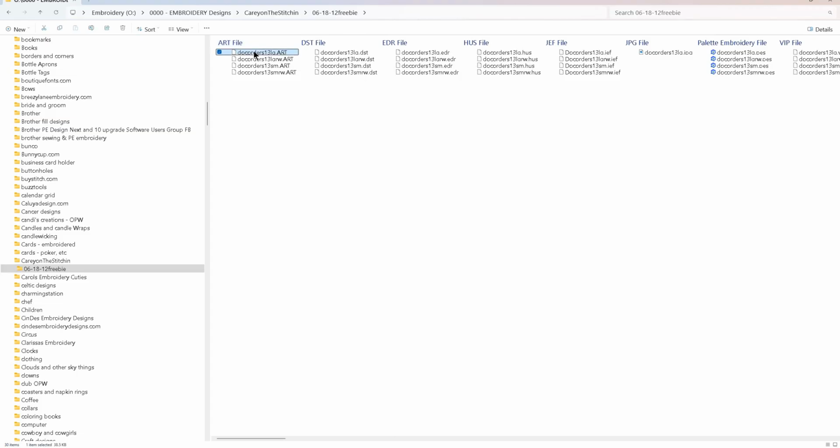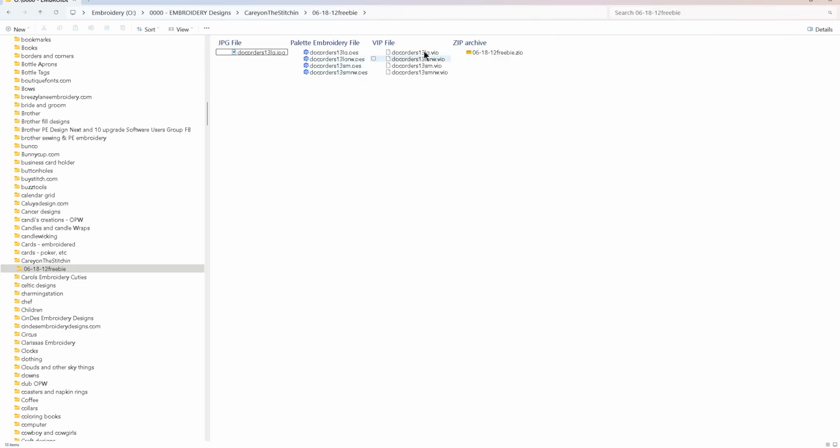I don't use them. So I'm going to click on the first one, hold my Shift key down, and go over here. I don't want to delete the JPEG because that actually shows me what the file looks like. So I'm going to delete all of these. These are not file formats that I use. So I clicked on the first one, held down the Shift key, clicked on the last one, and hit delete. Okay, so now I have these VIPs. So I'm going to click on the first one, click on the last one,